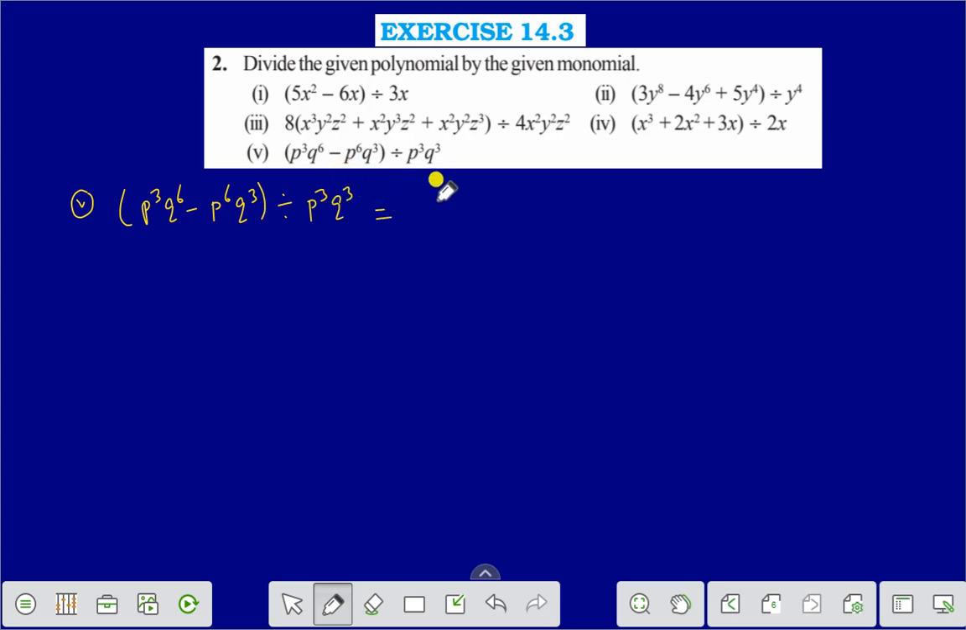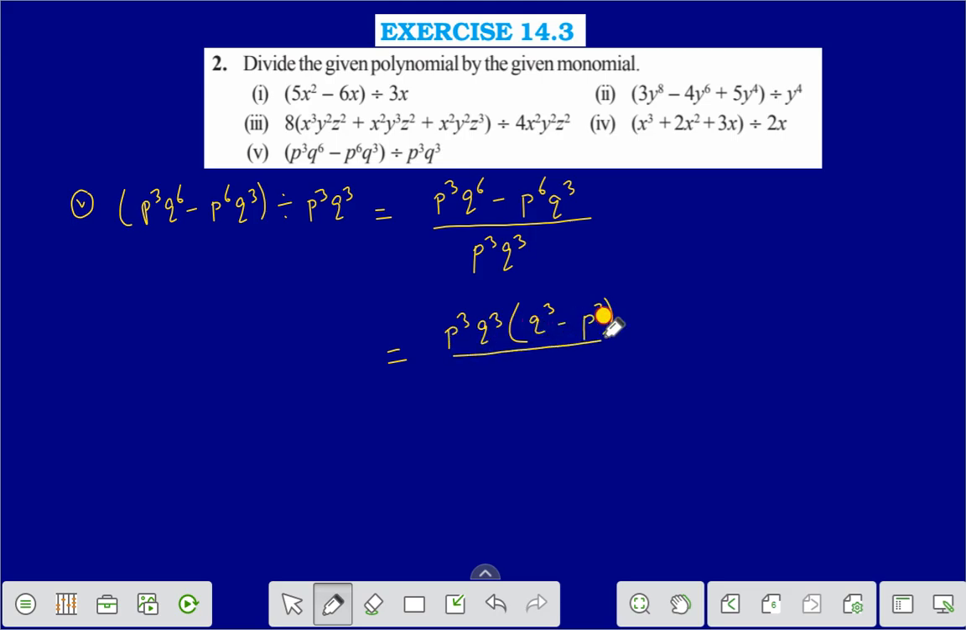It can be written as p cube q to the power 6 minus p to the power 6 q cube divided by p cube q cube. If we take common p cube q cube, then we are getting q to the power 3 minus p to the power 3